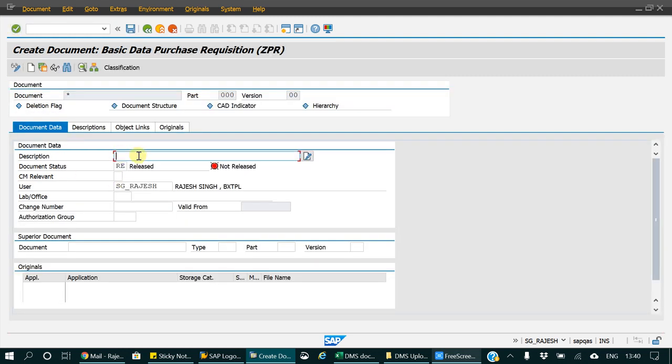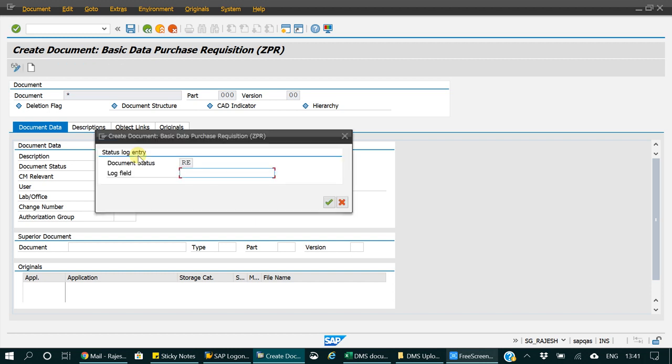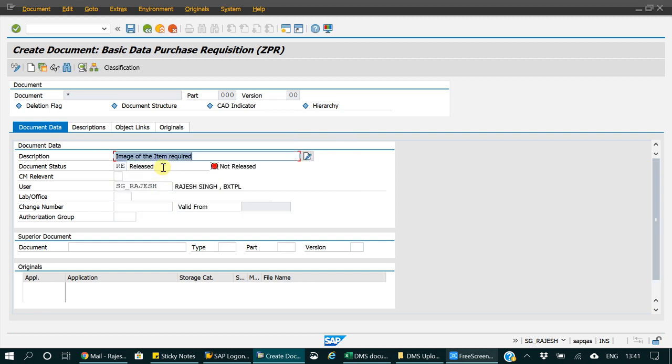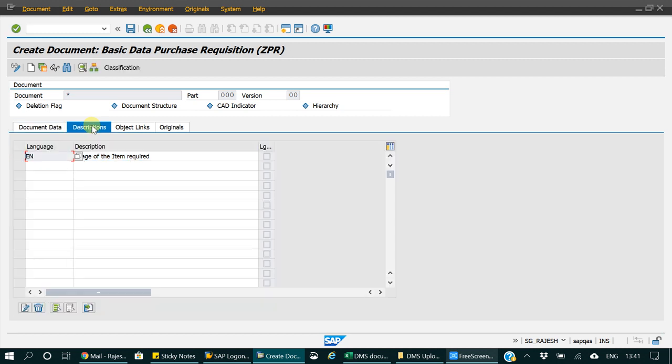You have to put the proper description. Skip this part by clicking enter. In description, the description already came, which I have entered in earlier tab.